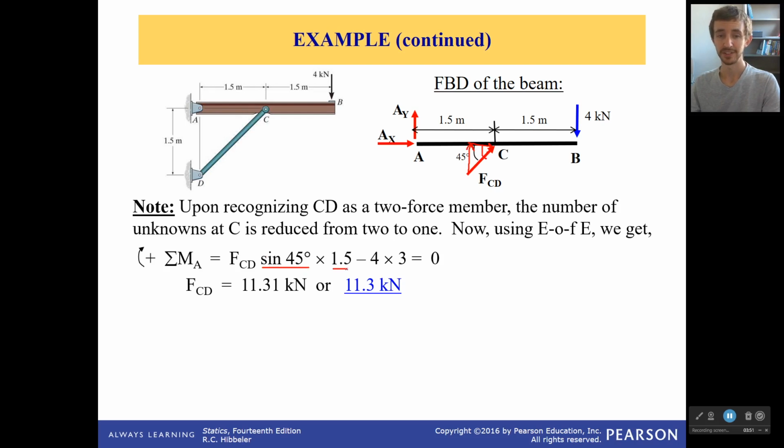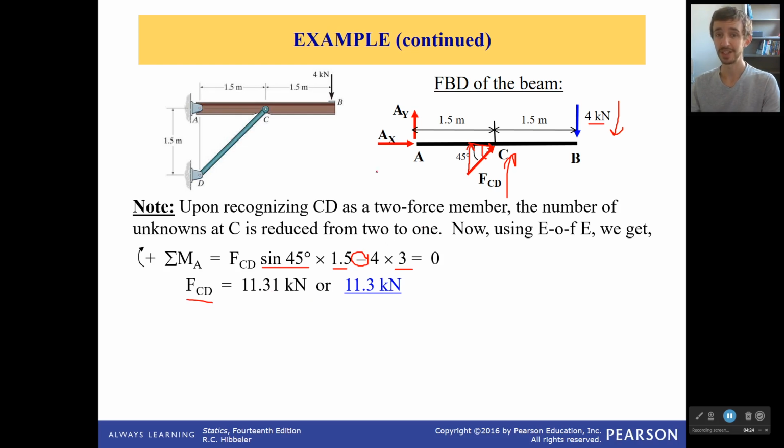And then we notice the distance is different. It's only 1.5 meters to where C is applied, but it is 3 meters to where the 4 kilonewton force is applied. Second, you notice our signs. This one's going down, which is causing a clockwise moment, and this one is pushing up, which is causing a counterclockwise moment. You can decide which one's positive and which one's negative, so just go with that. So we do so, and we solve, and we get that force CD is going to be 11.3 kilonewtons,